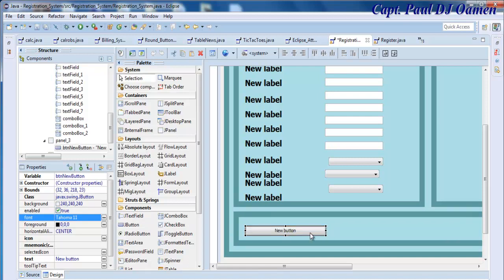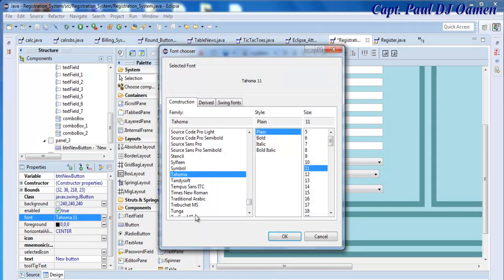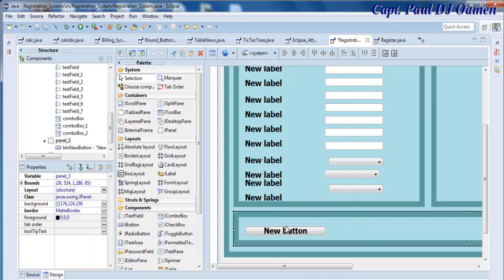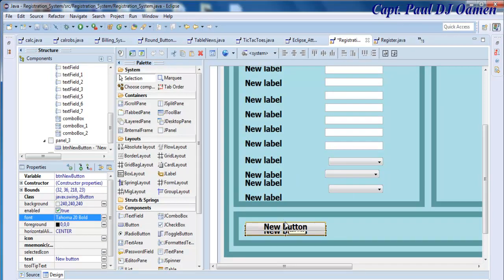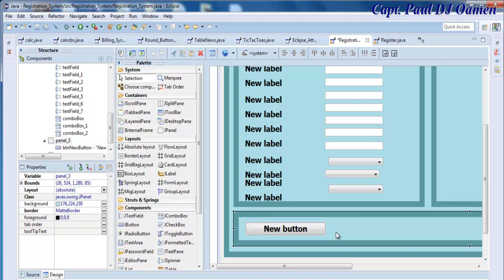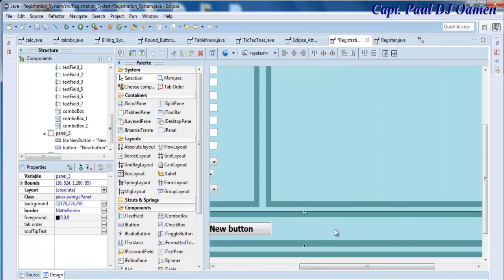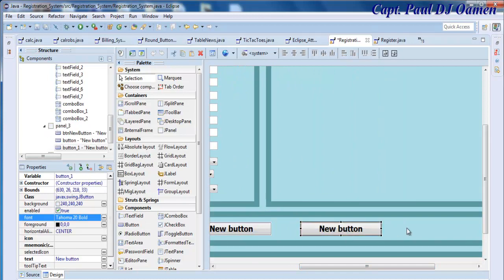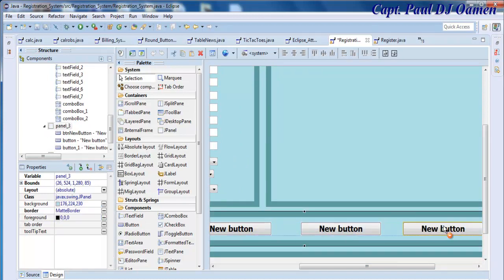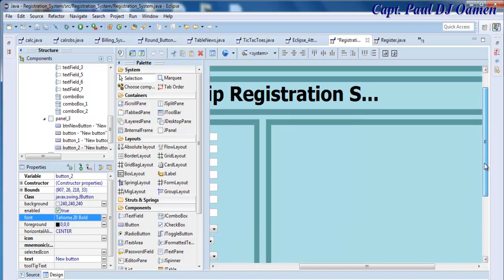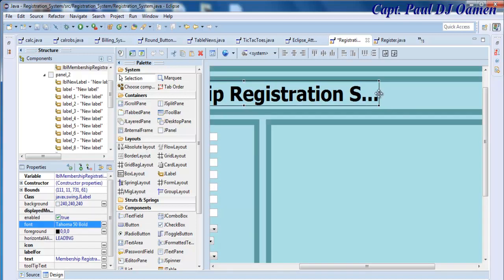1. Let's change the size anyway. There. Make that bold. And let's copy it across. We're gonna need 4 of those. Copy, paste, and paste another one, and one more. Now, see here, we need